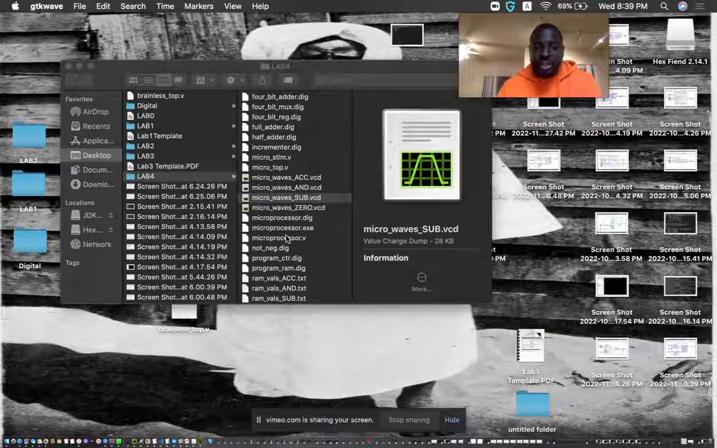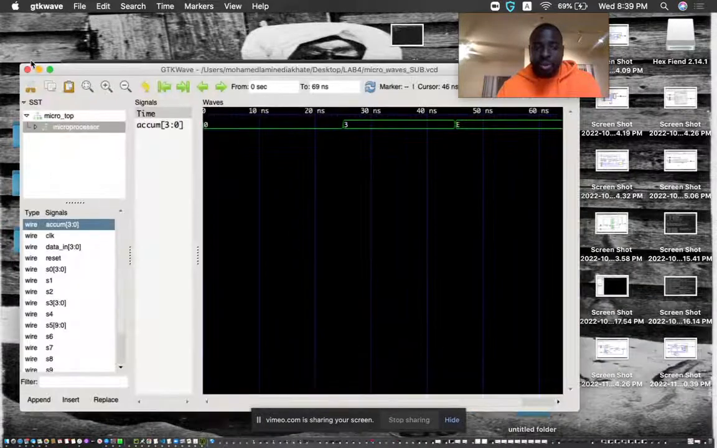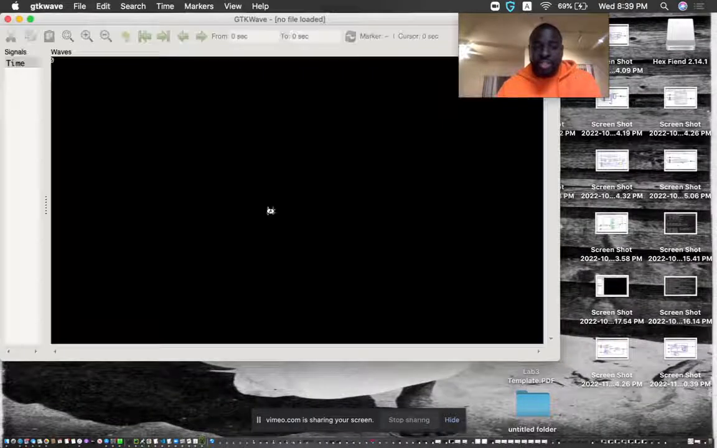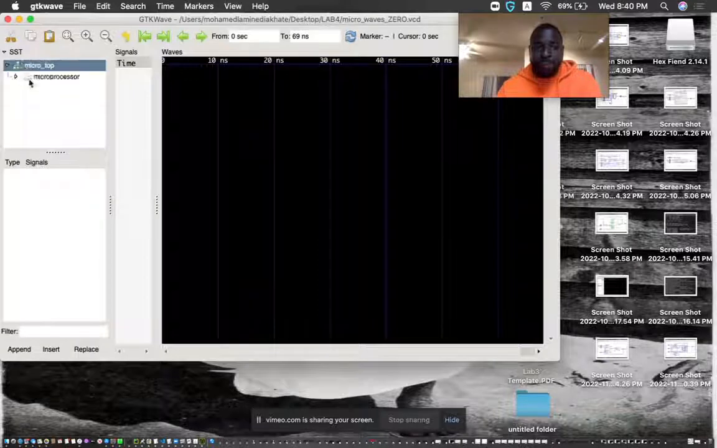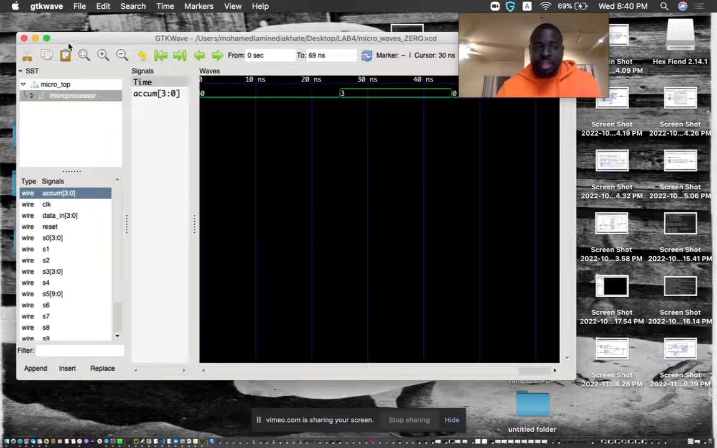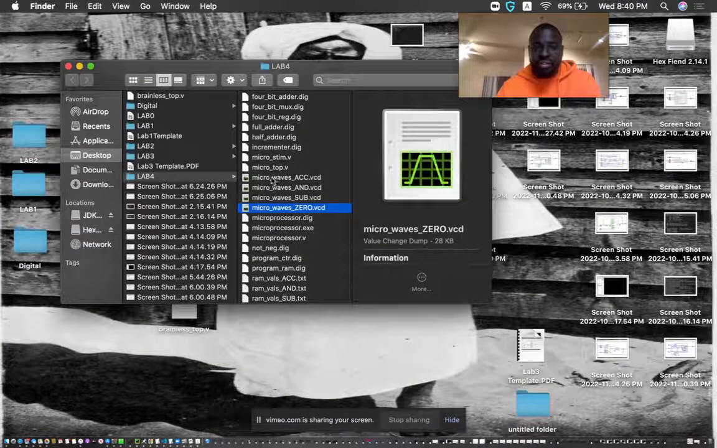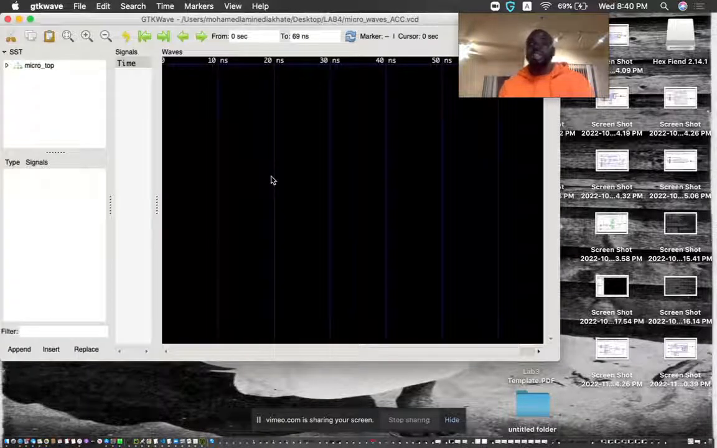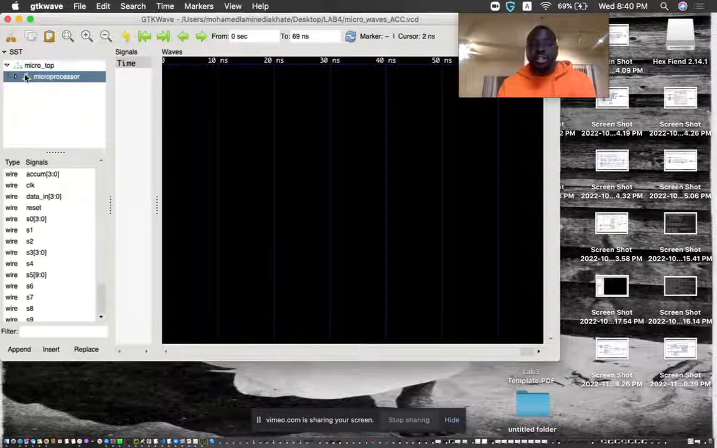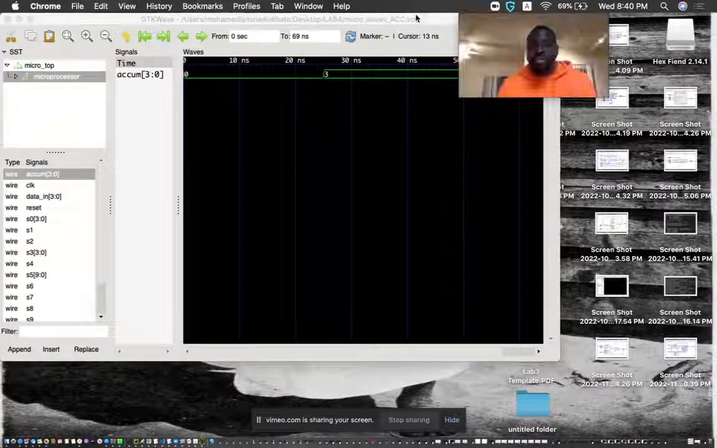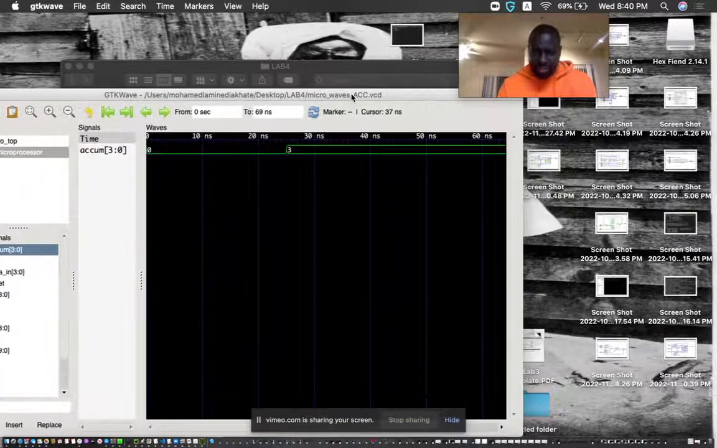So after that, we also built the zero wave, which just zeroes everything. So we're just expecting a value of 0 over here. And finally, we had the ACC wave, which just leaves the value in the accumulator. So if we just visualize this, we're just gonna have the value 3